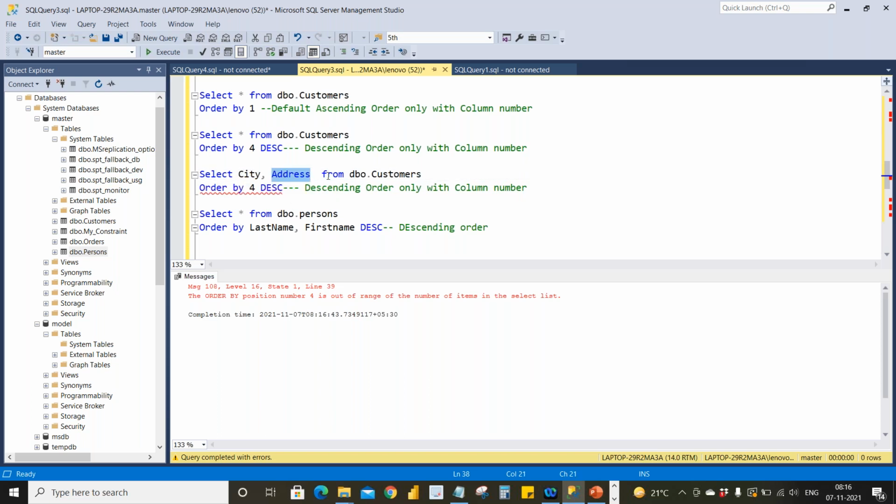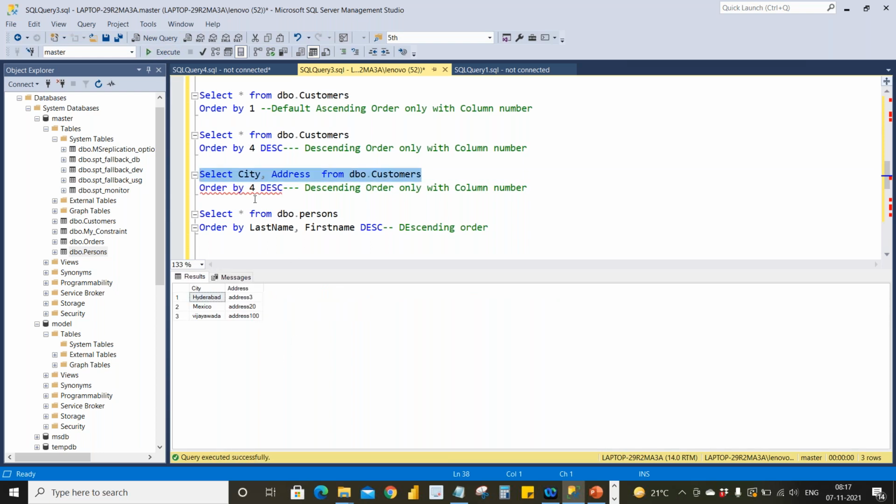Star means it will take the overall picture. When you are giving only 2 columns, there is no fourth column, right? There is no fourth column over here. So it doesn't know what you mean by fourth column here. When you are mentioning some specific columns, you need to mention that particular column number exactly.